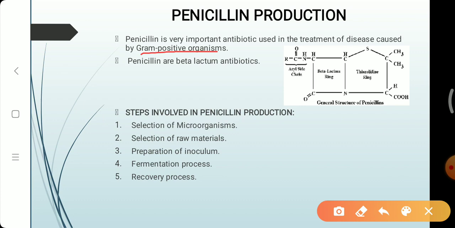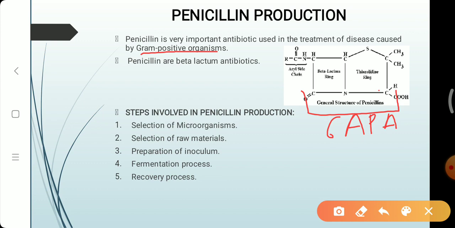Now look at the general structure of penicillin, which contains a thiazolidine ring, a beta-lactam ring, and an acyl side chain. This part is known as the core region or constant region, which is 6-APA, also known as 6-aminopenicillanic acid. It is the constant region for all kinds of penicillin or penicillin derivatives, and the acyl side chain